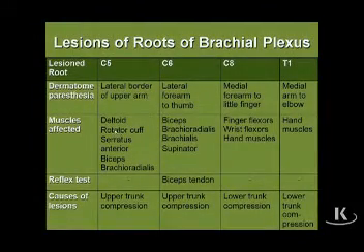We can now use some of this information that we just talked about and think about what kinds of clinical manifestations we would have. First, talking about injuries at the segmental level, we've already said that C5 and C6 injuries are going to affect muscles in the proximal region, and that's what all these muscles are. And so we would expect to see losses of flexion of the elbow, and a test for that would be